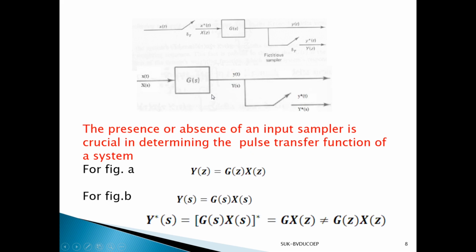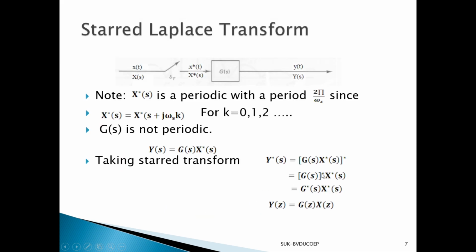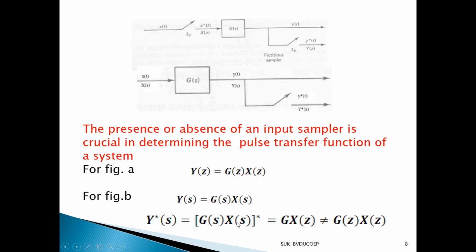But for this figure, what we do is, initially we get Y(s), so Y(s) is equal to G(s) into X(s), and Y star is a complete block of X star. Here what happened, X star is inside, so that has become outside. Here X star is not inside. So you multiply this first and then take the transform. So this is an initial multiplication, G into X, cascading elements like that. So GX(z) is not the same as G(z) X(z).